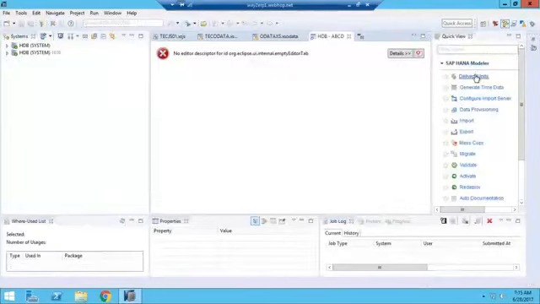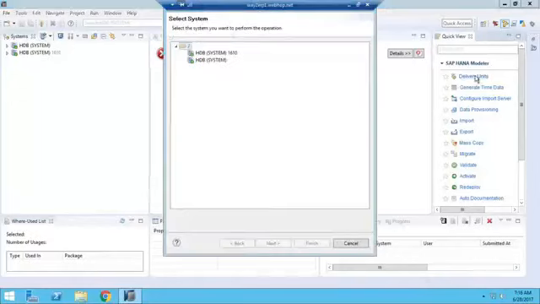What is the delivery unit? A delivery unit is a set of packages that we can create as a delivery unit. If you want to transport a database object, we will assign the database object to a package. The package will be assigned to the delivery unit. The delivery unit will be imported and exported.